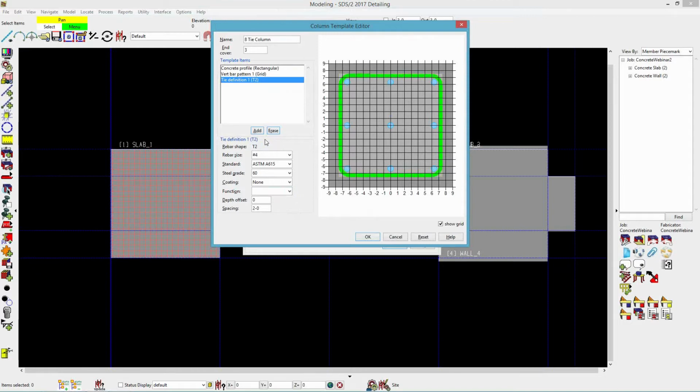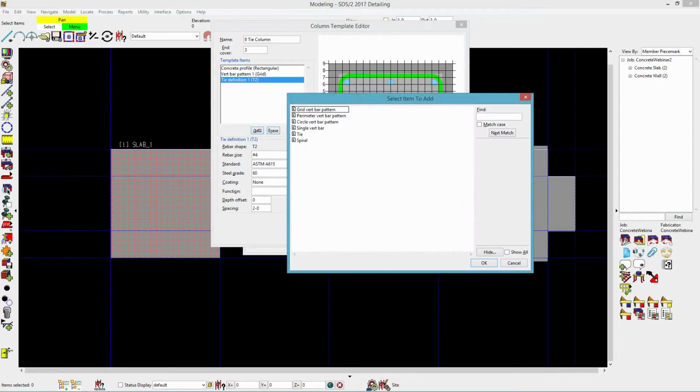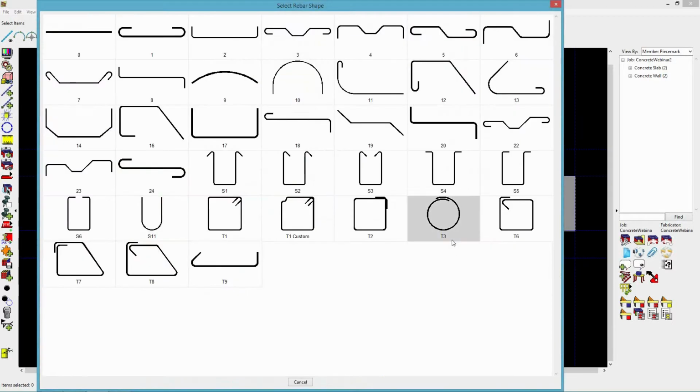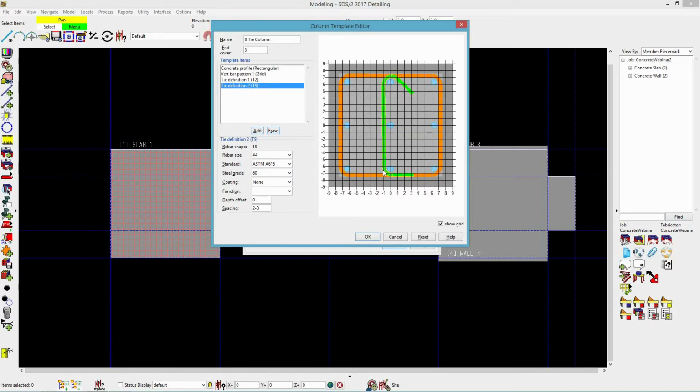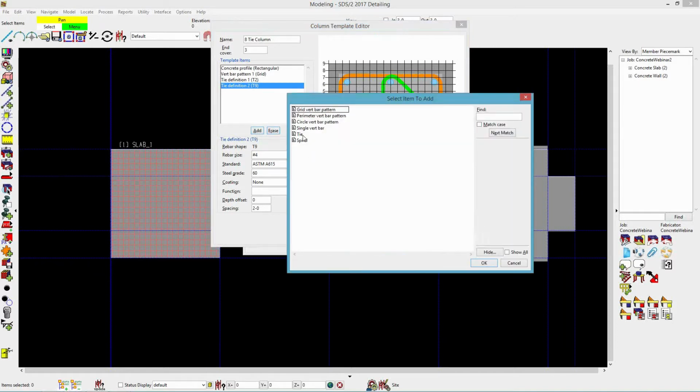I want to add 2 more ties here, so I'll go ahead and click add, click tie, and OK. And this time I'm going to put in these T9s here. So it does depend on which point that you pick first for how the tie is put in. So I'm going to pick this point and this point, and you'll notice that I've got my 135-degree bend there. And that was the first point that I picked. So if we go ahead and click add again and tie,